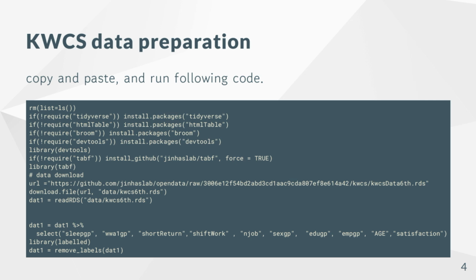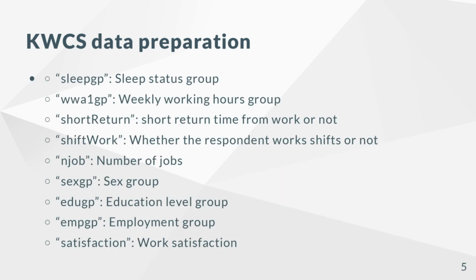This code uses the %>% operator from the dplyr package to filter the columns of the dat1 data frame. The select function is used to specify the columns to keep in the filtered data frame. The selected columns are Sleep GP, Sleep Status Group, WWA1 GP, Weekly Working Hours Group, Short Return, whether the respondent has a short return time from work or not,